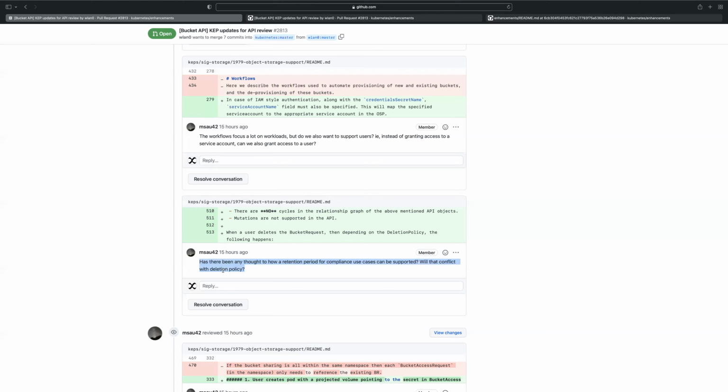Where I'm coming from is, I had these use cases in mind already, but I was punting them until after alpha and basically after V1 even. But they can be opaque parameters in your bucket class, and the driver can implement them down in the storage layer however it wants. And if you get a request to delete a bucket from Kubernetes that conflicts with the retention policy, you can just fail the deletion until it no longer conflicts, right? Yeah, that's right. So we don't have to do anything at the Kubernetes layer to allow these kinds of things to work.